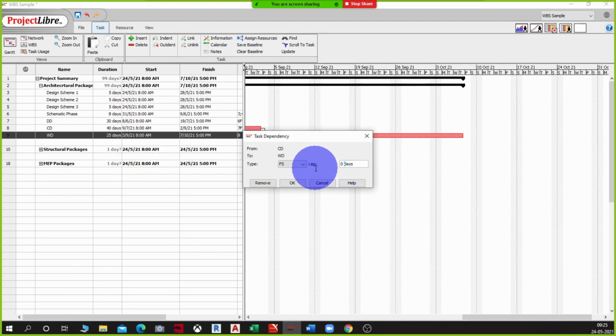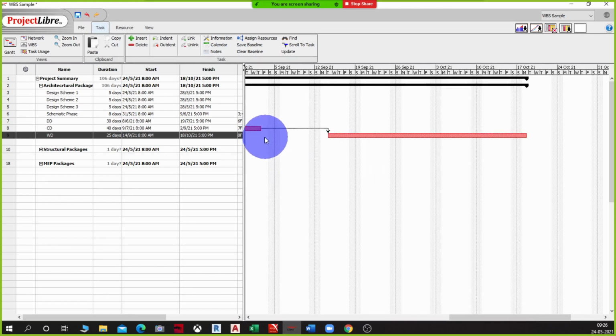Same thing here again. I'm going to start it a week in advance. So I'll do -7, or I'll say that I will have to wait for all the authority approvals and contractor finalization before I start my working drawing. So I'm going to give a break of 7 days between the two activities. Once this activity is done, I have to finalize all the other activities before I start with my working drawing. I can have that kind of scenario as well. So I'll do that, and I'm going to say okay. So you see, once this activity gets over, I have to give a gap of 7 days to start the next activity.